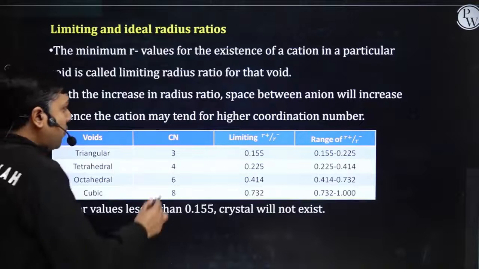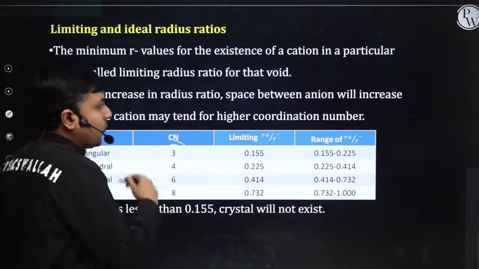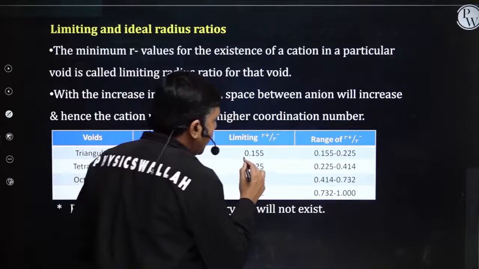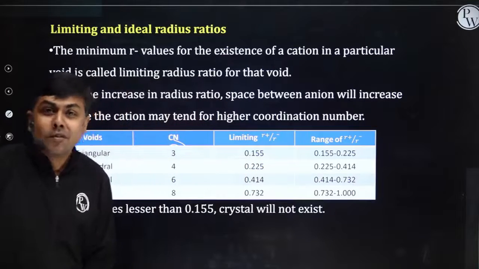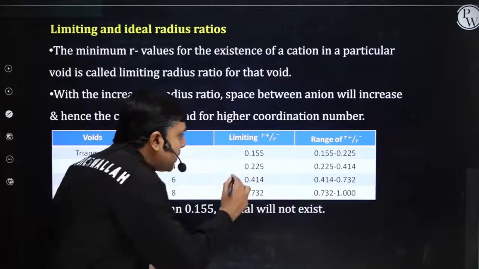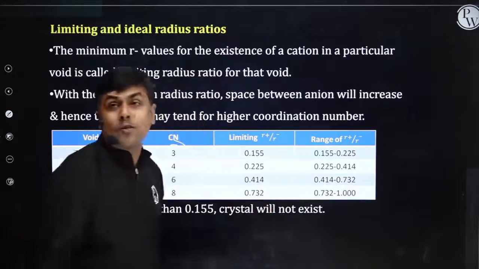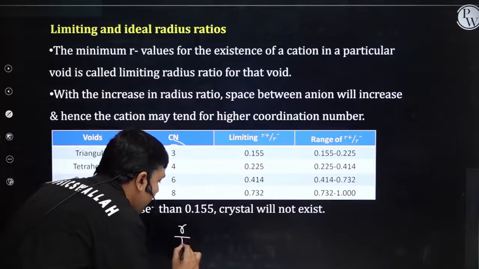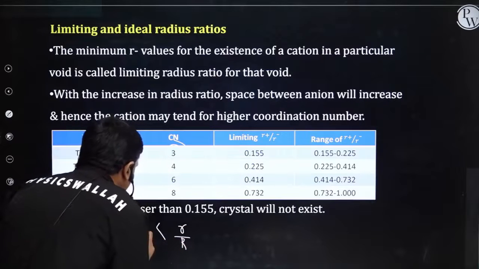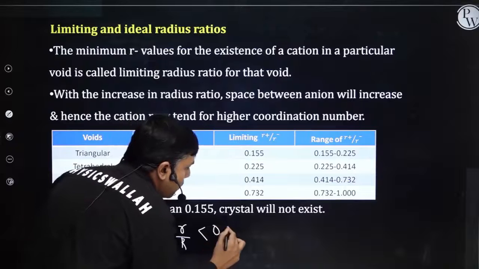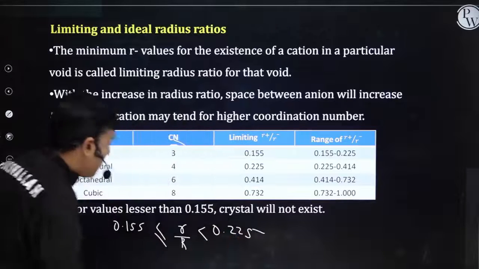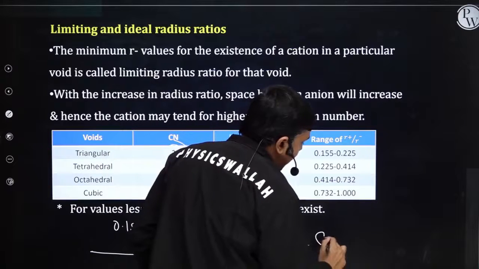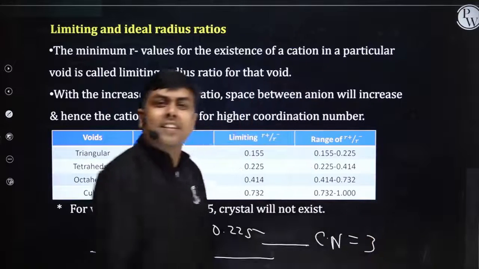Okay, for coordination number 3, what should be the minimum value of R+ upon R-? The minimum value has to be 0.155. For coordination number 4, what should be the minimum value of radius of cation upon radius of anion? 0.225. So students, if R+ upon R- is lying between 0.155 and 0.225, greater than or equal to 0.155, less than 0.225,